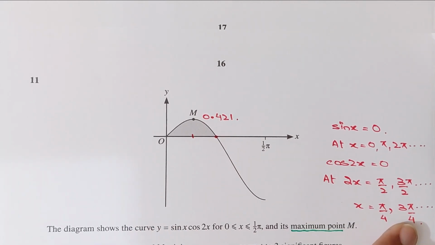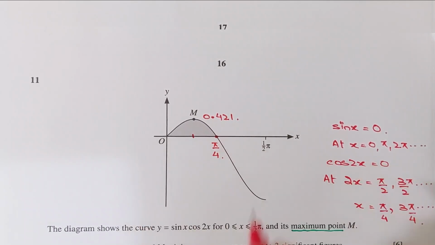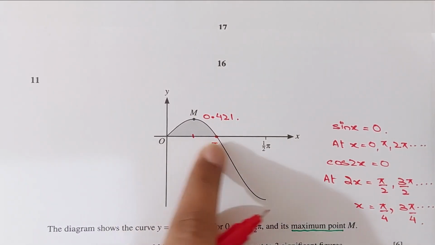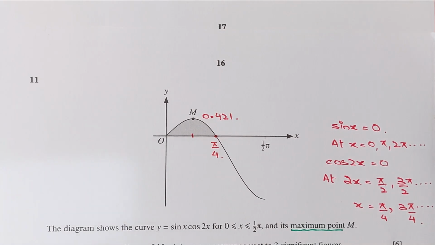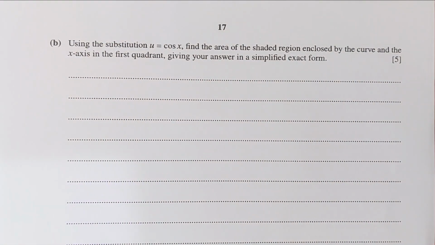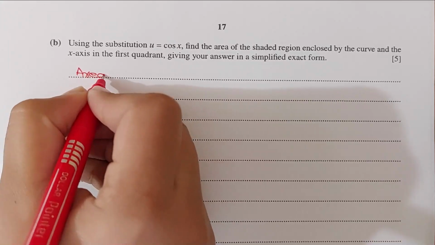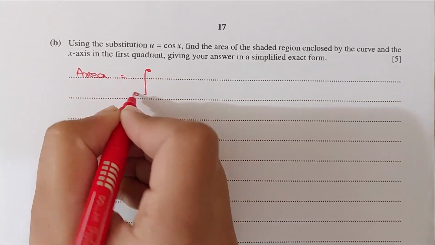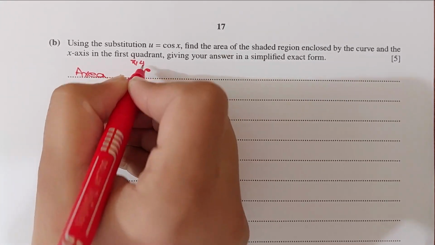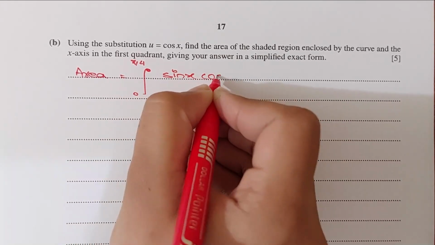3 pi by 4 is more than half pi, so this point is pi by 4. We have to integrate this curve between 0 to pi by 4, using the substitution that cos x equals u. So the shaded area is the integration between 0 to pi by 4 of the curve sin x cos 2x